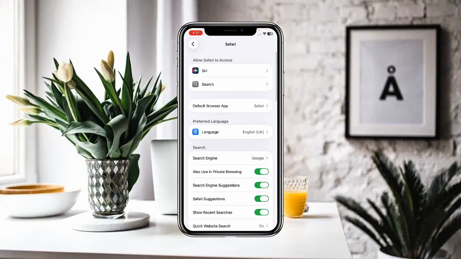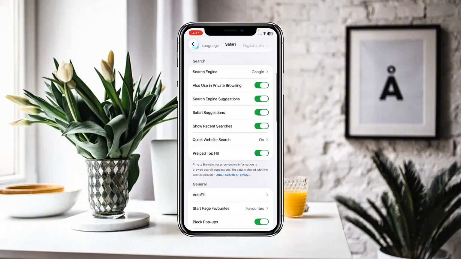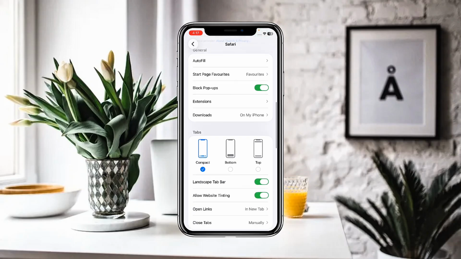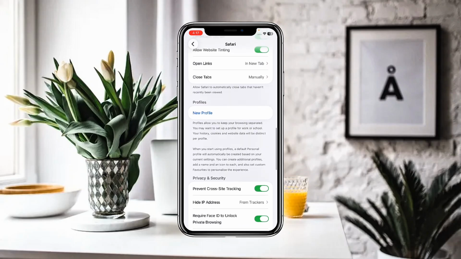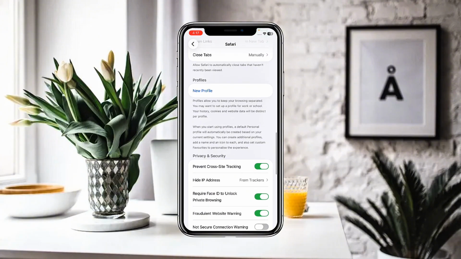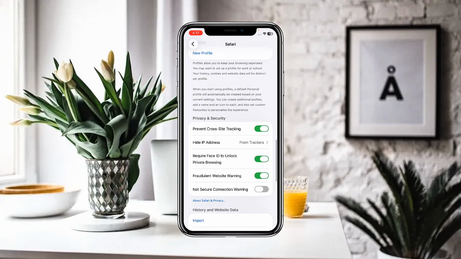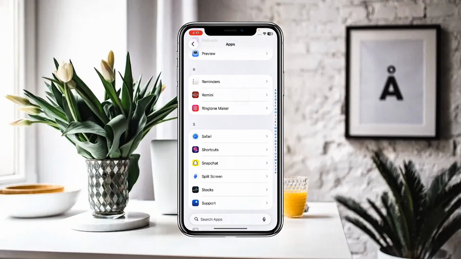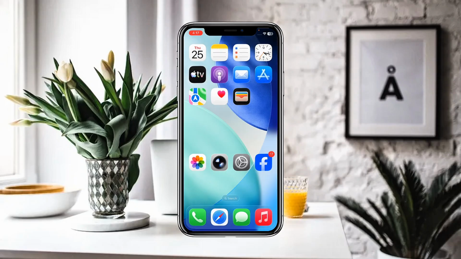And moreover, you can also look for the other settings. If any settings are not working well, then you can simply search for that. Moreover, you can select the Close Tabs option as Manually, and after that you can also turn on Prevent Cross-Site Tracking. So here you can simply check for that. Moreover, you can turn this toggle off for Not Secure Connection Warning. So here you can find all these settings, and after this setting you can simply open Safari and